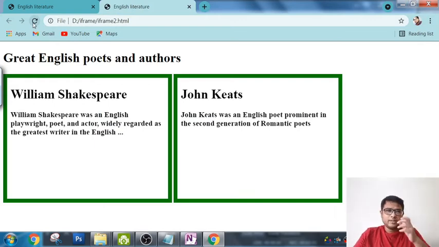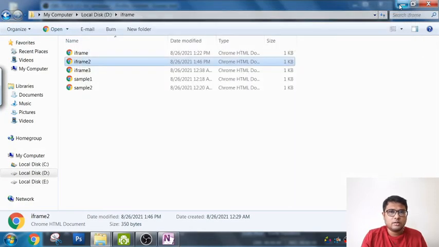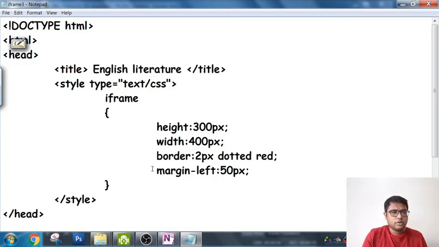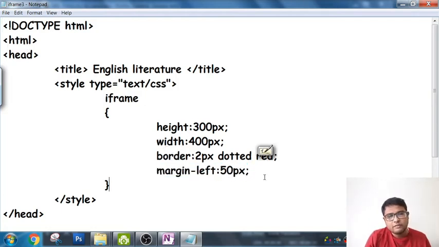Okay, now there is a little bit of change in the third iframe, which I have gone through. I'll show you the third iframe also. See, look at the code for the third iframe. If you look carefully, it is similar to the second iframe, but here I have added this part, margin-left 50px.